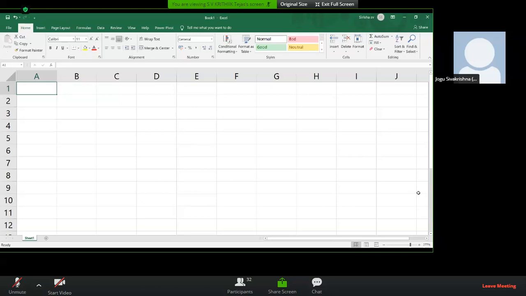So you can type something there, at least one, two, three, or anything. You can drag them all up to 10 or 5.